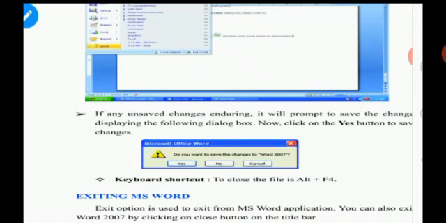If you want to exit, there is an Exit option provided, or if you click the last cross button, as I told in the previous slide, the 3 buttons at the right corner, the last button, cross, is used to close or exit MS Word.